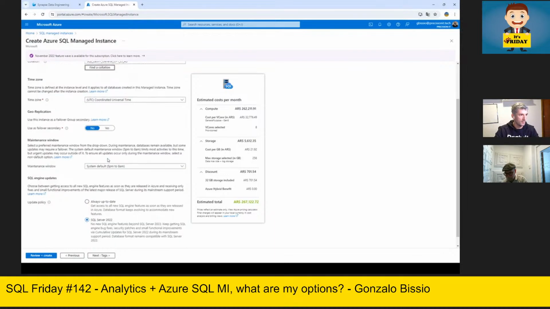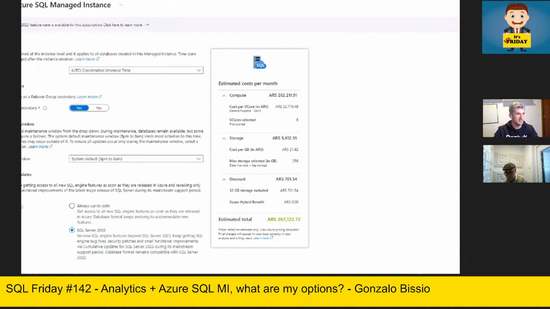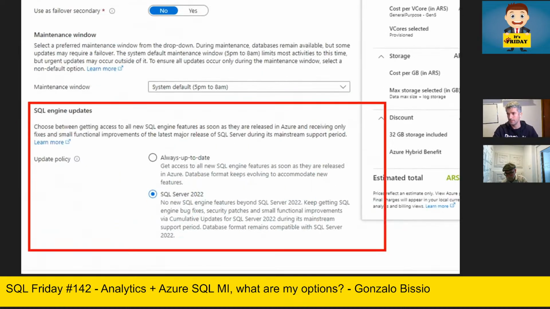Here we have a group, which is a different story, but what I wanted to show you is this little guy: SQL Engine updates or update policy. This one was released yesterday. We have the option of always up to date,